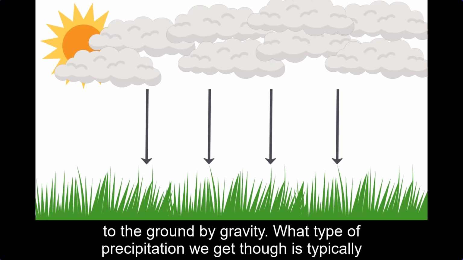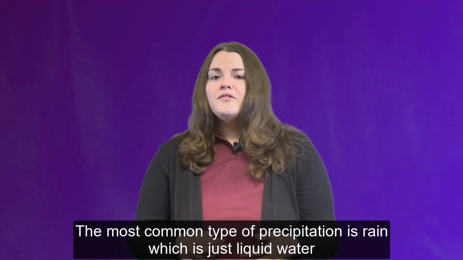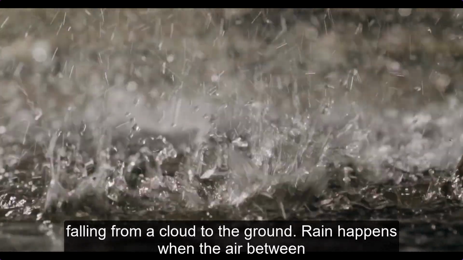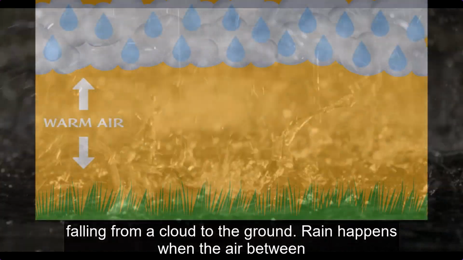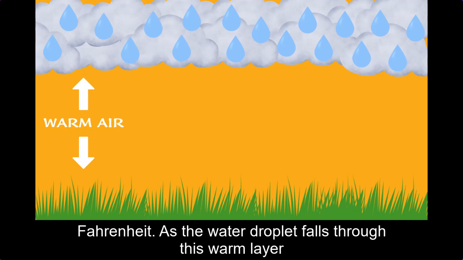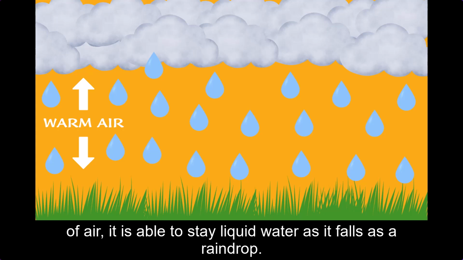What type of precipitation we get, though, is typically determined by the temperature. The most common type of precipitation is rain, which is just liquid water falling from a cloud to the ground. Rain happens when the air between the cloud and the ground is above freezing, which means above 32 degrees Fahrenheit. As the water droplet falls through this warm layer of air, it is able to stay liquid water as it